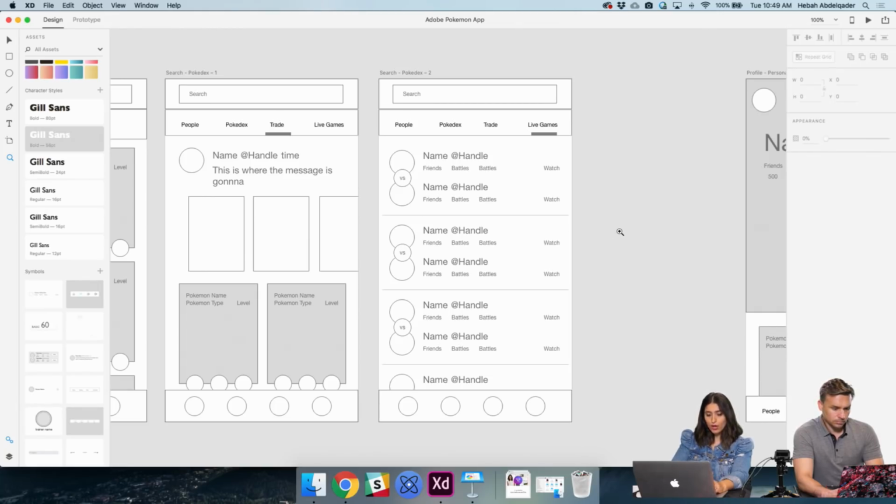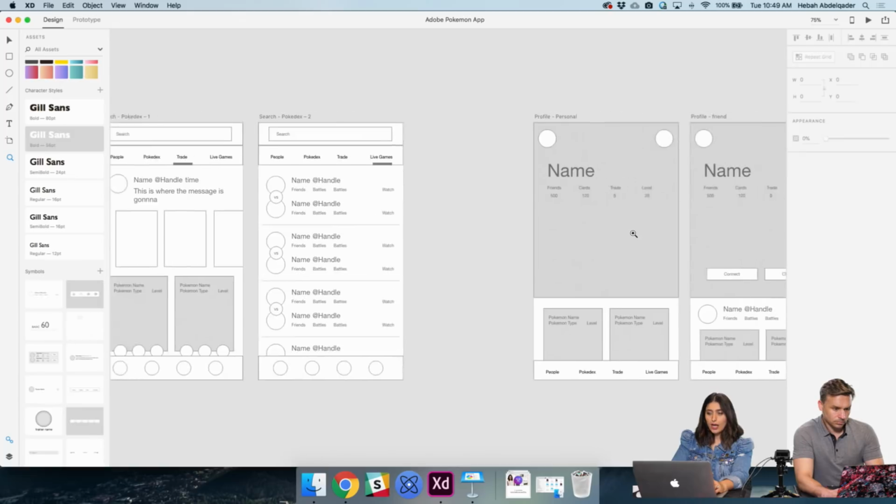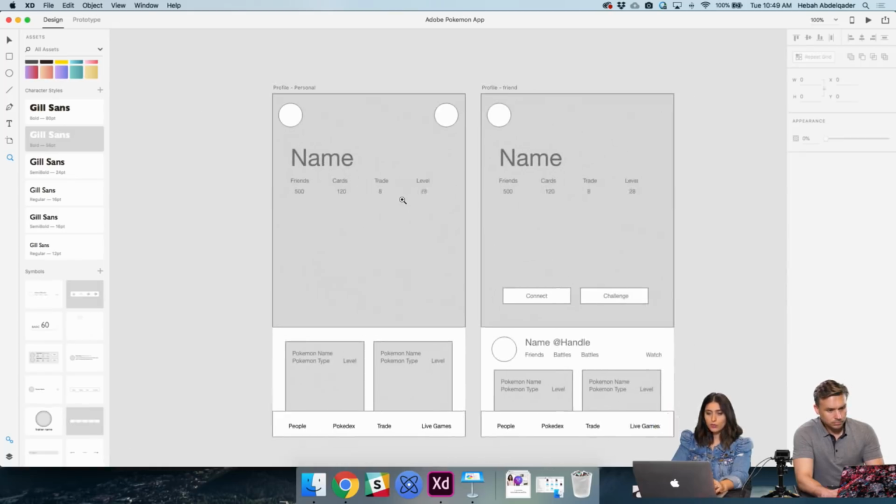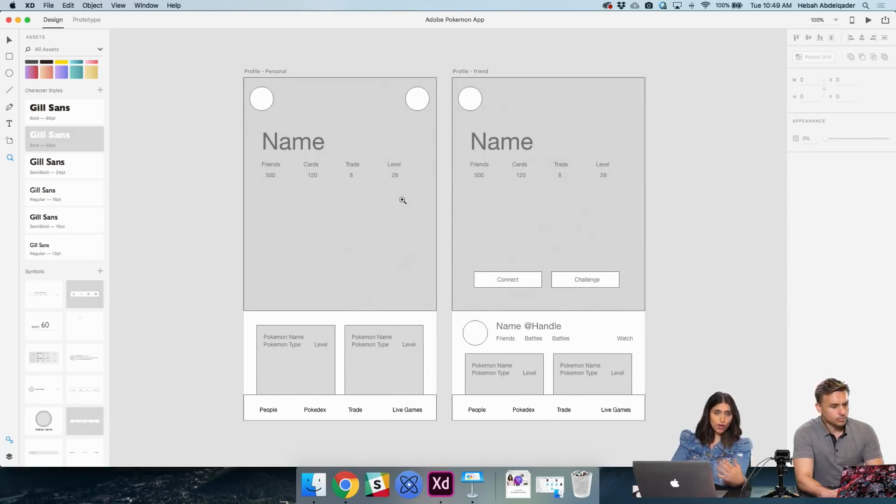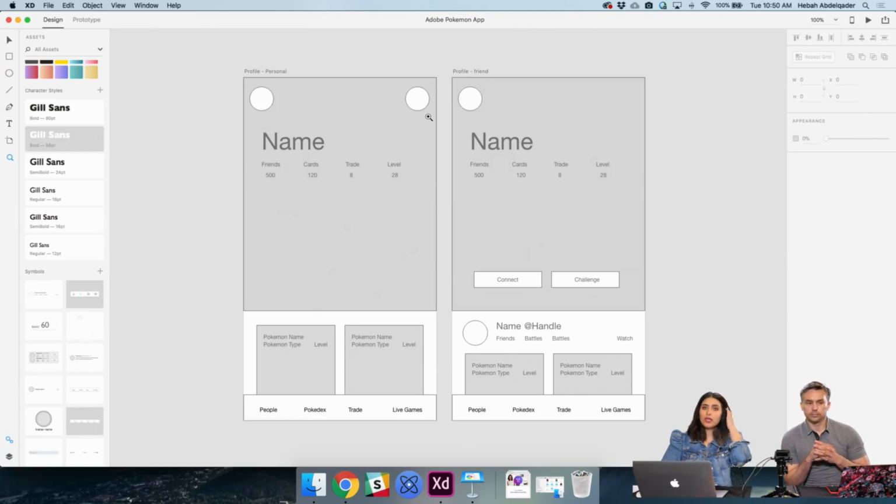And then after that, we also talked about your profile page and how we can showcase the difference between signing into your own profile and looking at somebody else's profile page. What are the differences and what's important to have for each one? For example, when you're looking at your own profile, you should have a settings tab where you can change your image and your name. If you're looking at somebody else's page, maybe you can see what battles they have that you can watch. You can also only see their cards up for trade.